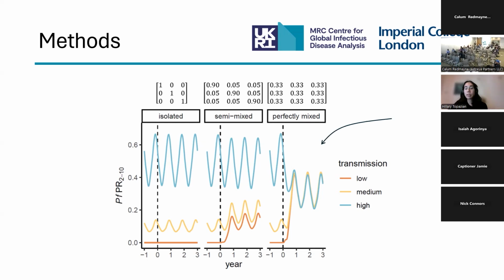So we're just simulating this by using these values in the mixing matrix to guide how much influence each setting has on the EIR and then on the force of infection on mosquitoes in other settings. So then the next question became, how do we figure out how to create a mixing matrix to accurately represent